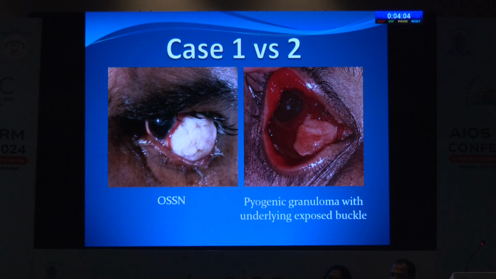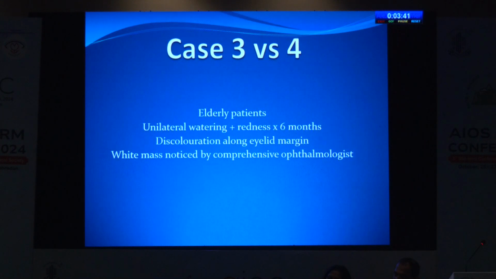So this was our first conundrum, an OSSN versus a pyogenic granuloma due to an exposed buckle, both presenting in a very similar way. The one difference is that sentinel vessels I should have spotted in case 2 if it was an OSSN, but it was a diffusely congested mass, diffusely congested ocular surface, so there were no visible dilated vessels as such. Now cases 3 and 4, both were elderly patients, 1 male, 1 female, complaining of unilateral watering